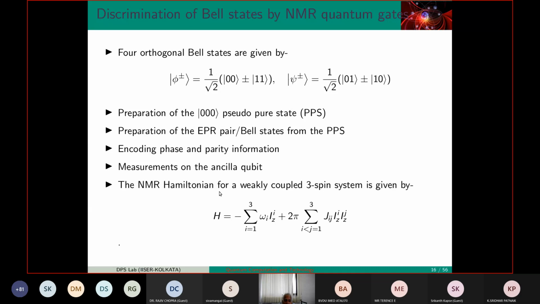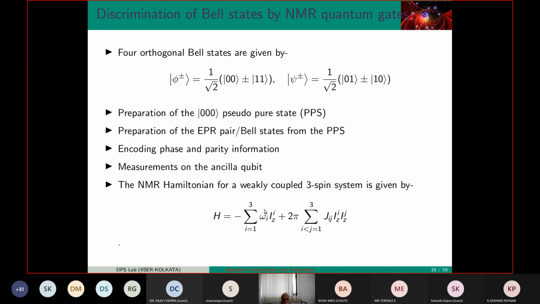Now, as I told you, there are two different ways of doing it. One is like IBM, which uses superconducting qubits, or like D-Wave, which uses these magnetic moments. You see, these are the magnetic moments. They use Ising, NMR, these kinds of things. Nuclear magnetic resonance naturally appears. So NMR people have been studying this kind of thing left and right. Here this I stands for 1, 0, 0, minus 1. And there are three particles, 1, 2, 3. That's it. This is the energy difference.